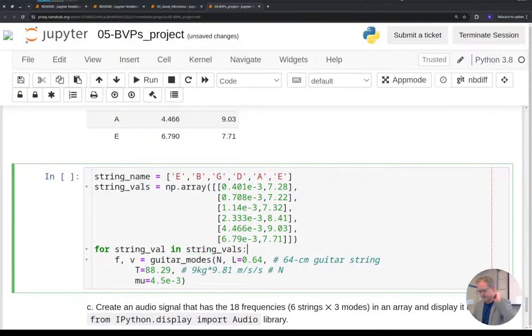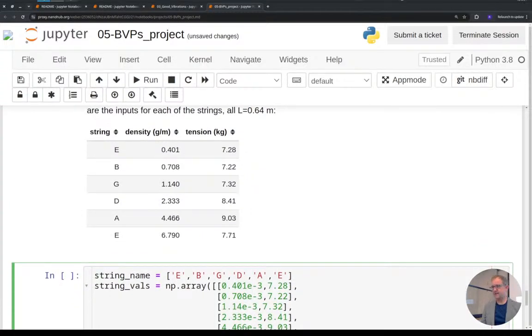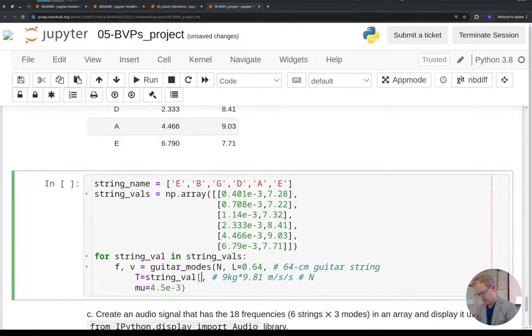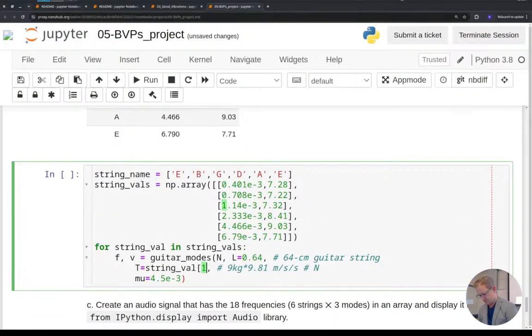So now I have some different string values for density and tension, and I could run through each of those. So all the lengths are the same. Tension is going to be string val 1, and density is going to be